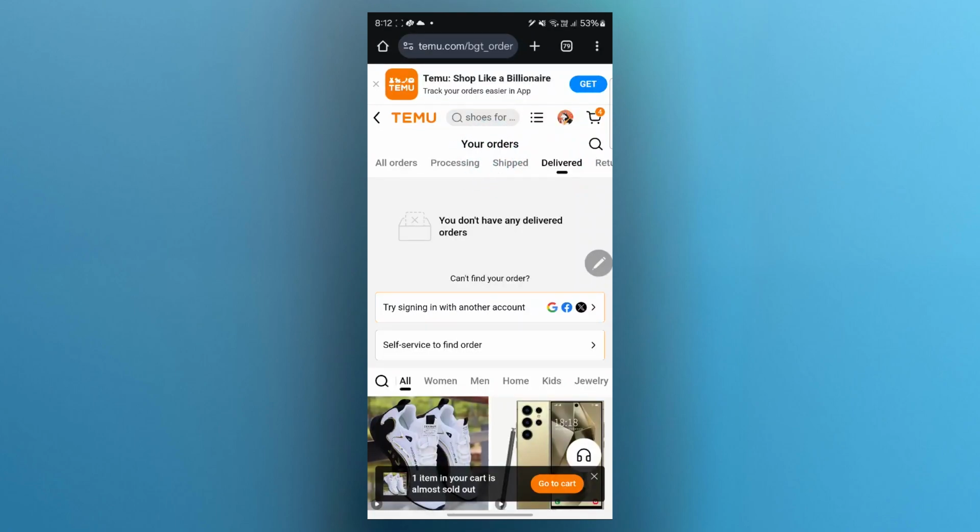After doing this, you would have successfully done online shopping on Temu. So that's how you use Temu app for